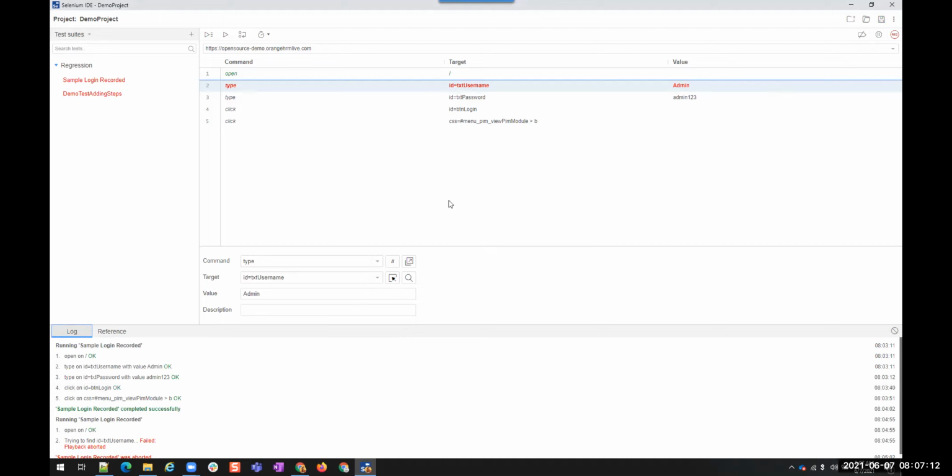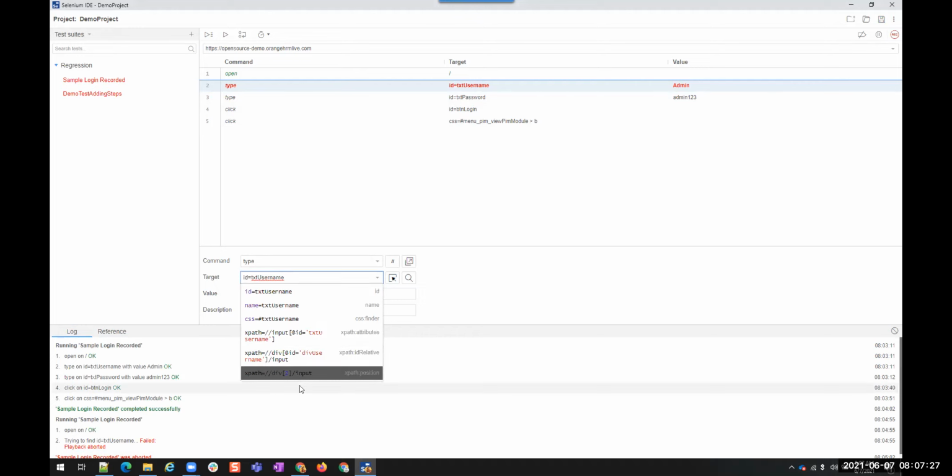Okay, you can practice on this. You can automate any application. You can see the element locators and all those things. Selenium supports 8 different element locators, so based on those 8 different locators, you will see these target options as well. Earlier, this one was not there. It wasn't giving us any suggestions for the element location techniques, but now it is. You can find an element by its ID, name, styling attribute, or XPath. For XPath also, they are giving us 3 different suggestions.